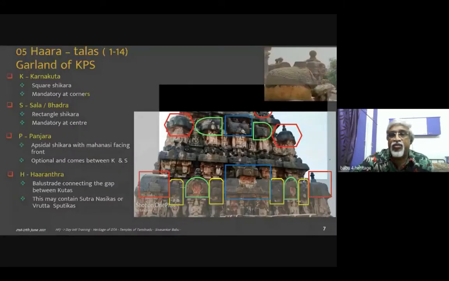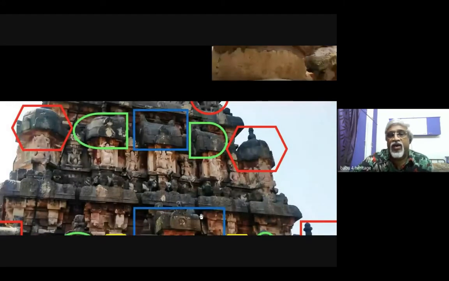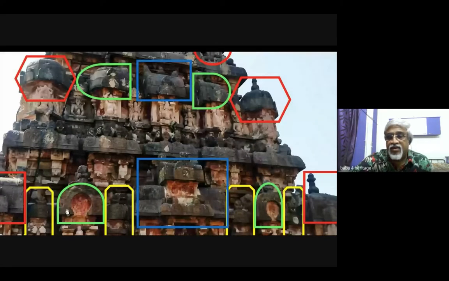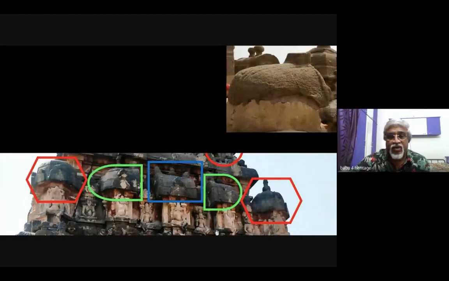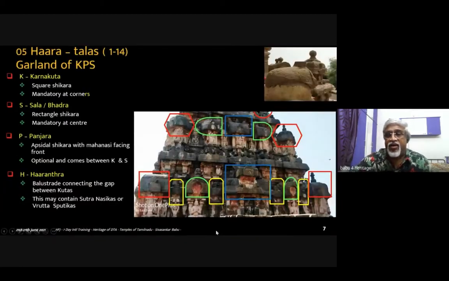You can zoom and show. Okay, now you will be able to see clearly. The Panjaras are side-on, unlike these ones here. And the corner ones are rectangular. And the Bhadra here was 2 part, instead of a single part. So this is the second level. Let us validate it and go one more layer up.